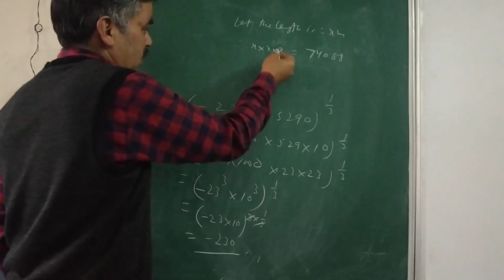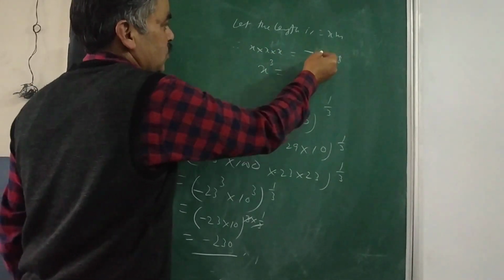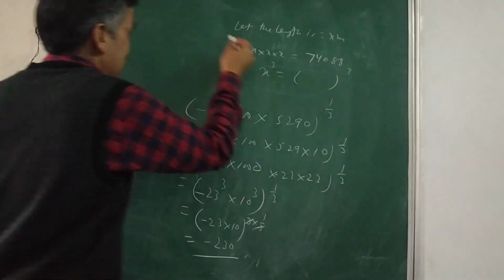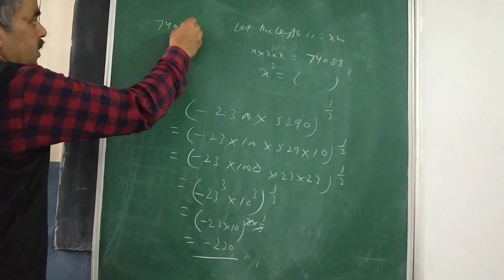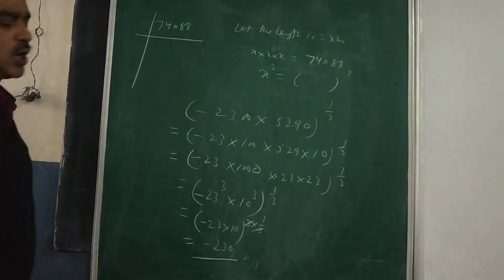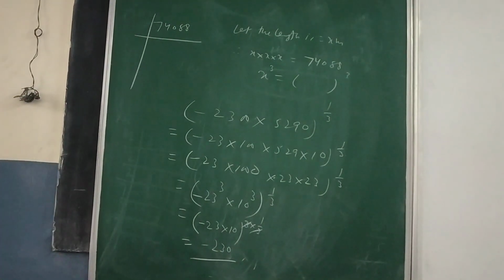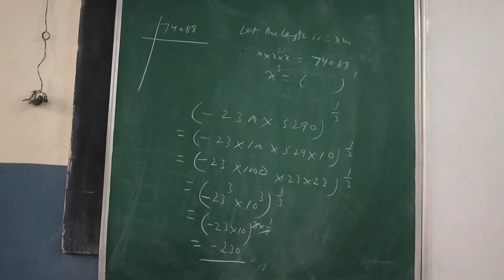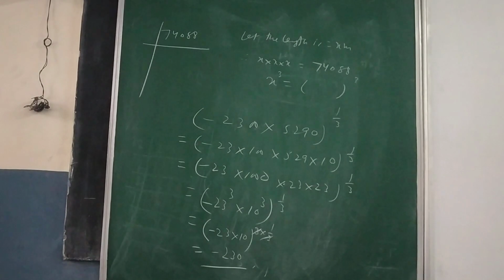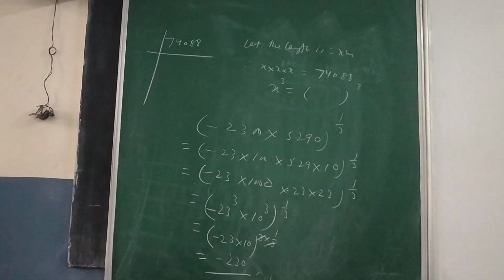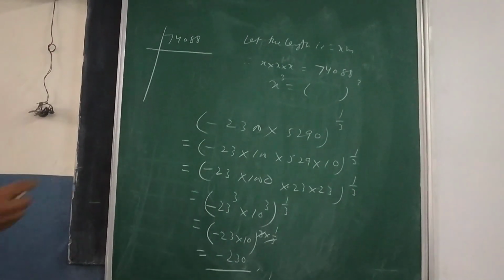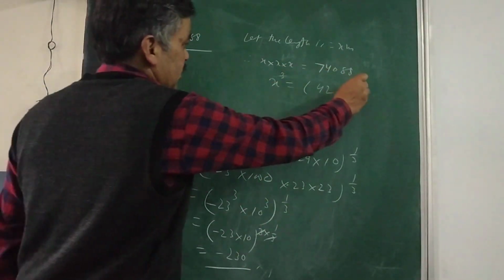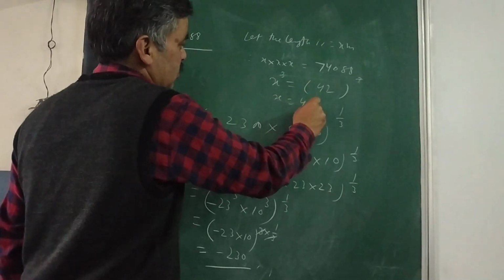74088. So x cube is equal to 74088, and now this is also a perfect cube. So you have to find the prime factors of 74088 and then check by the prime factorization method. Somewhere you will be reaching the prime factors in terms of 42. If you try here, that will come as 42 into 42 into 42. Please check that, and then cancel cube with cube, so your x will be equal to 42.